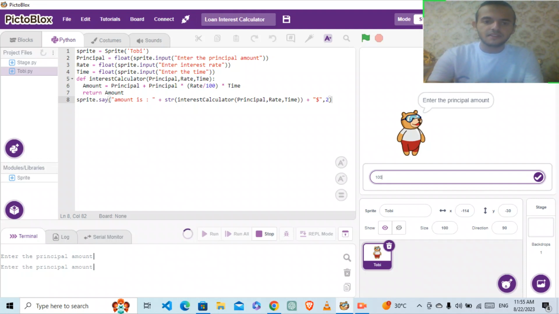Also on line 3 and line 4, I used it for the interest rate and time and converted them by the float function to a decimal number. So when I continue, I entered the interest rate like 12, which is more sensible, and for the time, I may use 1 year. After that, from line 5 to line 7, I define a new function called